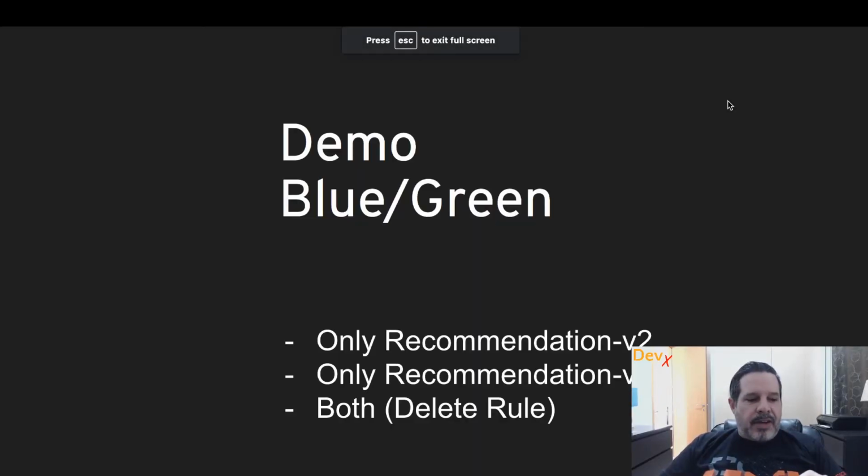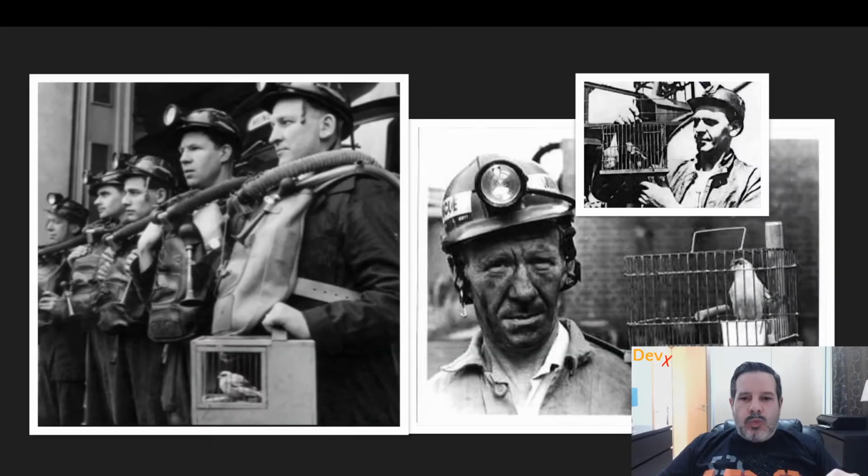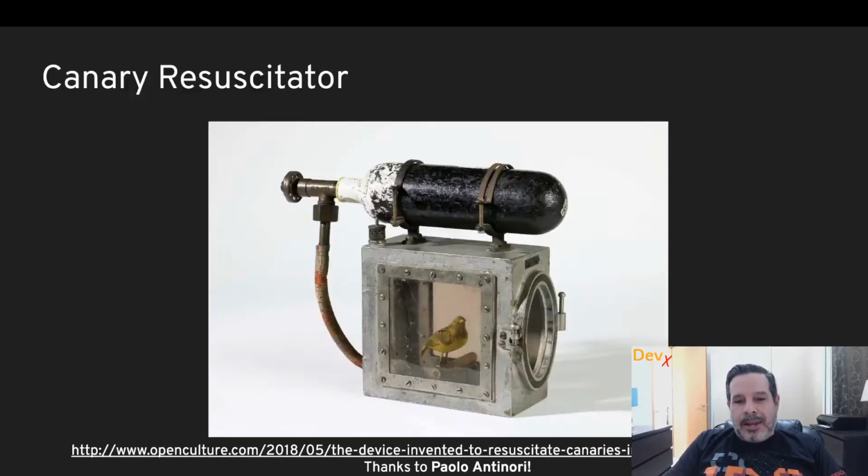Another thing that we can do with Istio is to have a Canary deployment. So what is a Canary deployment? Let me tell you the story behind the Canary deployment. It received this name because of the British coal miners that used to carry a canary into the coal mines. The idea is if there was a gas leakage, then the canary would stop singing, and it meant that they had a problem. They needed to run away as fast as possible from the mine.